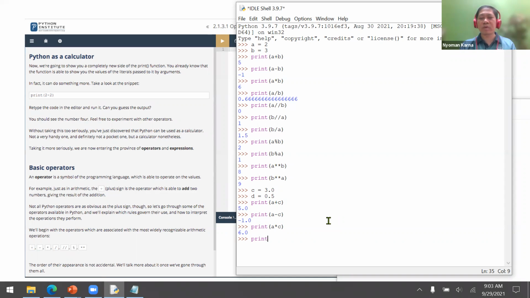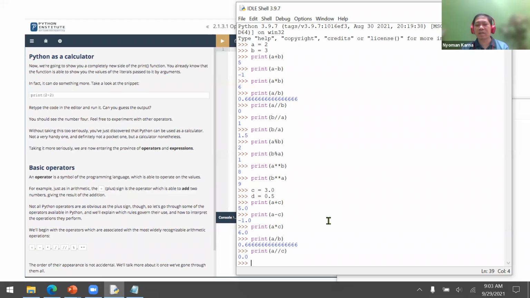Now, how about print A divided by C? Same thing, it's also a float. Now, how about A integer division C? It's 0.0. That is interesting.